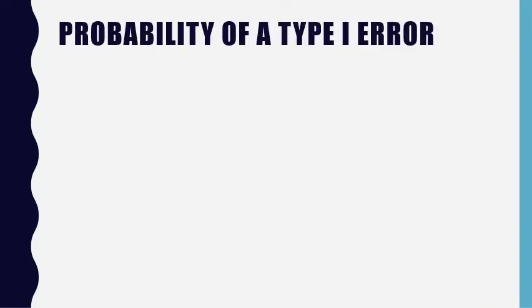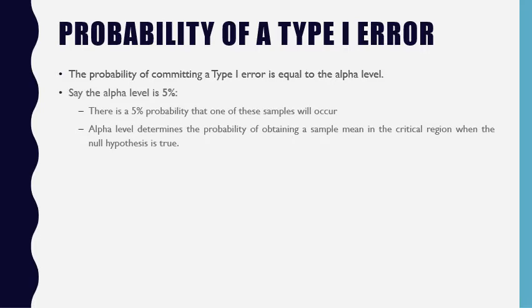Let's talk about the probability of a type 1 error. The probability of committing a type 1 error is actually equal to the alpha level. So say that your alpha level is 5%. There's a 5% probability that one of these samples will occur. So the alpha level determines the probability of obtaining a sample mean in the critical region when the null hypothesis is